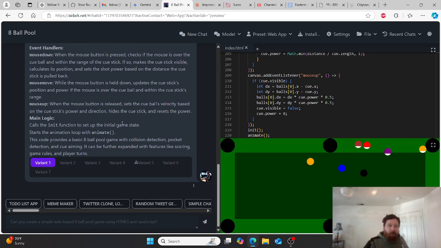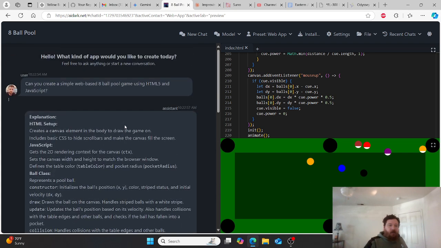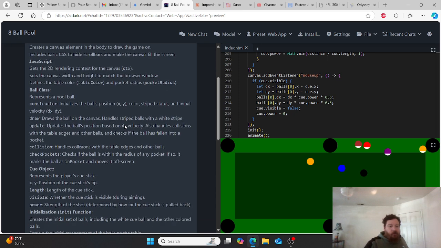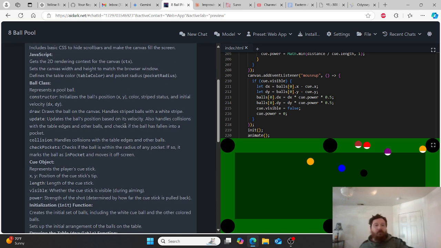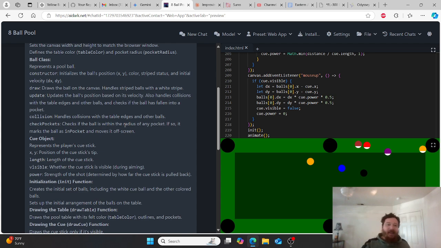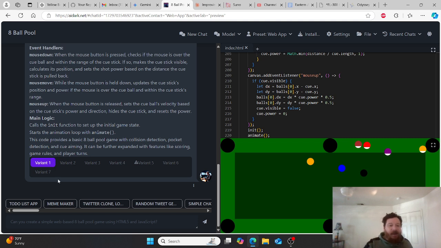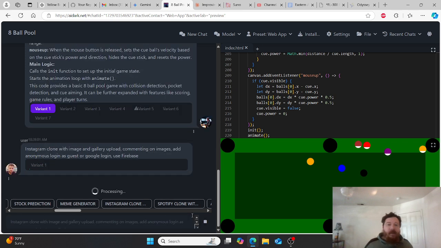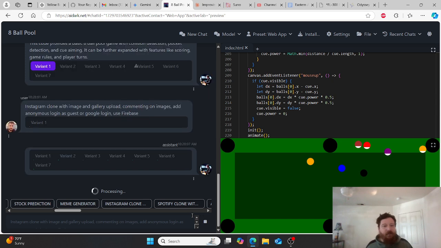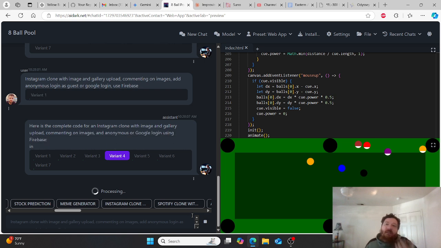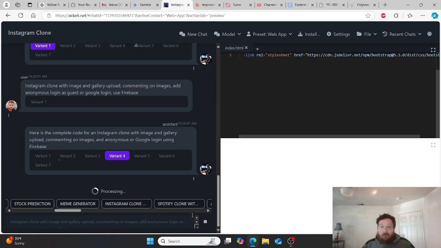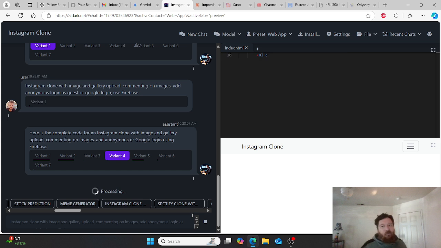And so pretty cool as far as can you create, and this is all the logic that it gives you, all the logic that it outputs as it goes through, right? And all of what it's outputting and inputting, and then I'll just show another simple one here. Instagram clone, we'll just generate it real quick, and so you can see as it generates, it's not going to finish generating and processing, but just illustrating this for you, right? That you're going to see more and more of this technology and more of these things. More and more people are going to be talking about agents, AI that can do things on its own,